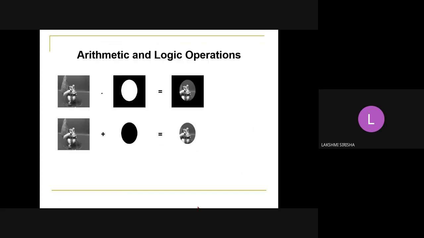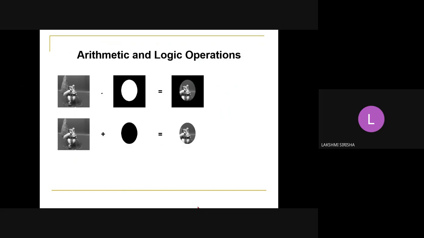And these are the logical operations. Logical operations generally use the AND gate and OR gate. So the AND gate: the first one is an image and the second one is a mask. This is the AND gate mask, the second one. So the AND gate mask is embossed on the first one. What happened? The black color indicates 0 and the white color indicates 1. So 1 into anything gives the same value. It reflects. Just see the output of the AND gate.